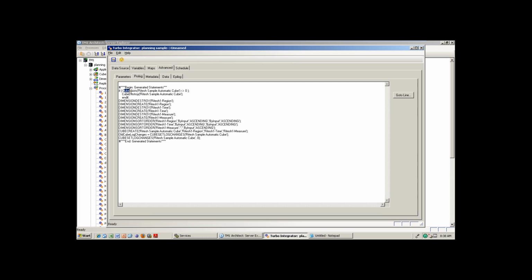So if the cube exists, destroy it because you are going to create it. Next, if dimensions are present with the same name, you destroy those and recreate them. See like this. And in the Prolog tab, it will just give you the pre-processing of the data. But anyhow, I will come to what exactly Prolog, metadata, data and epilogue are. Pre-processing the data means it will create the cube name, whatever you give, right? And the dimension names, that's all.